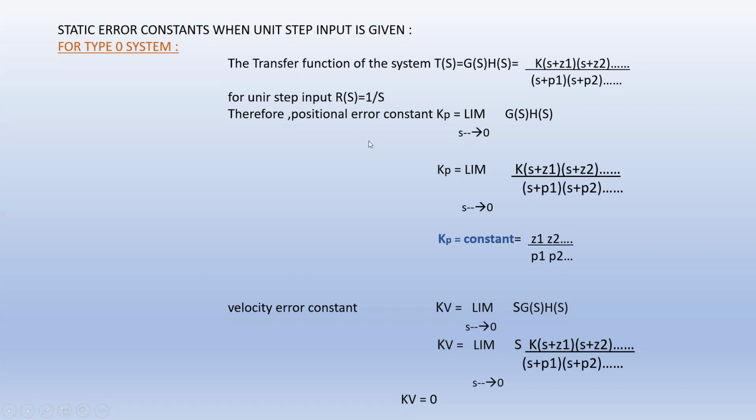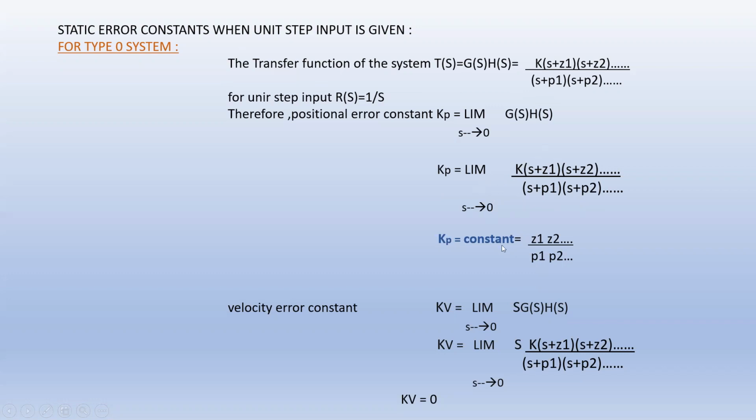So if we give the unit step input, we can write this as R(s) equal to 1 by s. Then the positional error constant can be written as limit s tending to 0 of G(s) into H(s). So if we substitute G(s) into H(s), the transfer function of this type 0 system, we can have this formula over here. And if we substitute s equal to 0